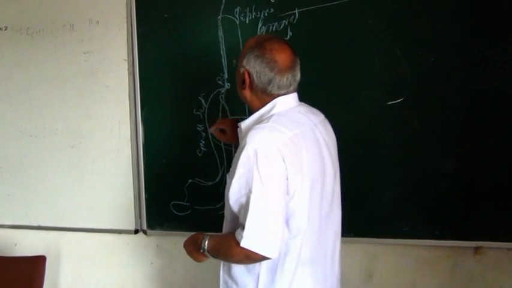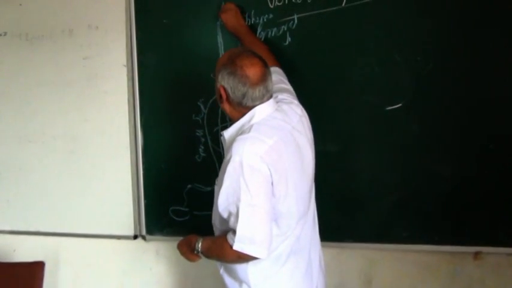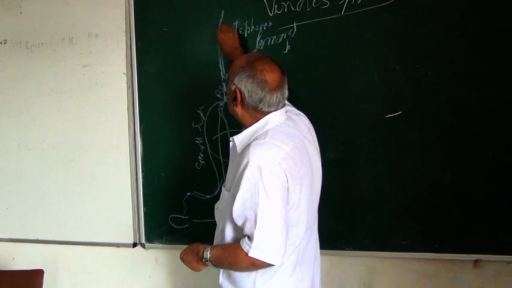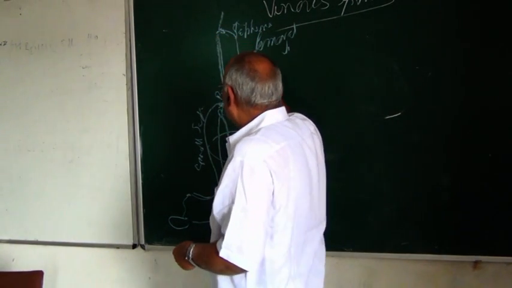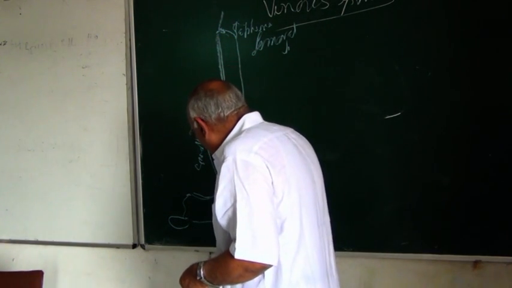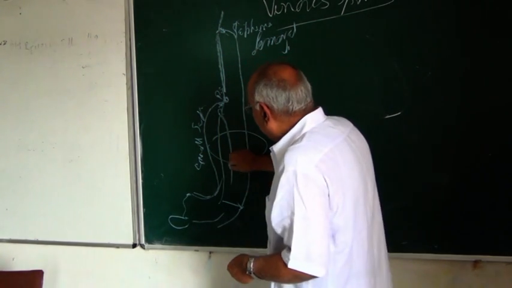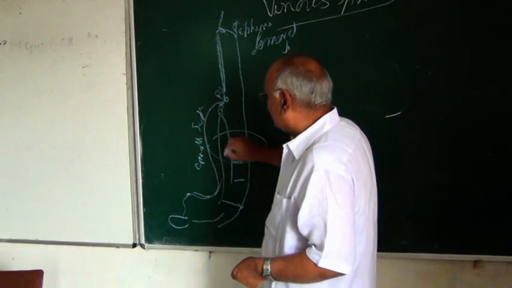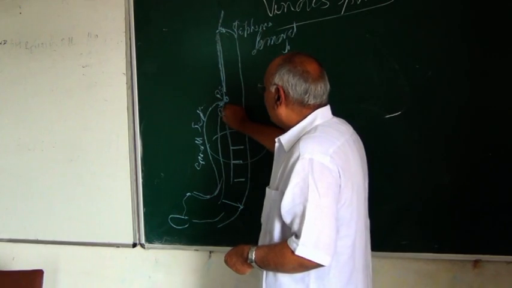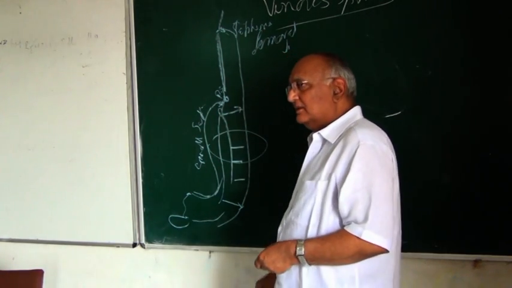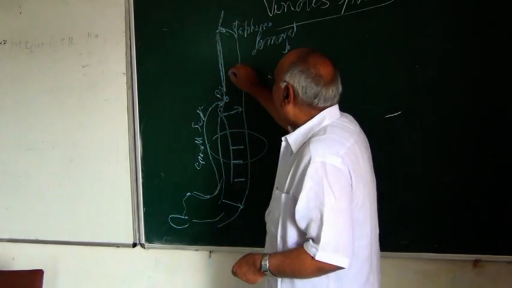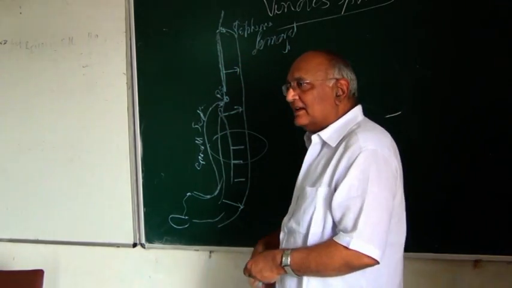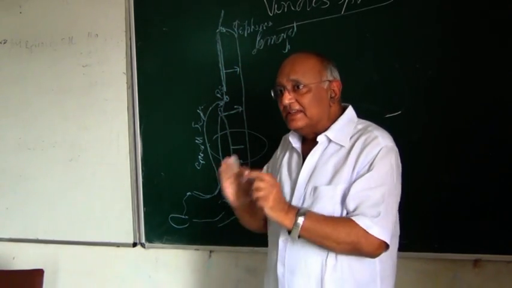This is of very great importance, that it has got a valve over here which does not allow the blood to come from this side to this. Then it has one perforator at the ankle, three perforators in the gastrocnemius muscle, one perforator in the popliteal region, and one perforator in the thigh. Now they have been named.